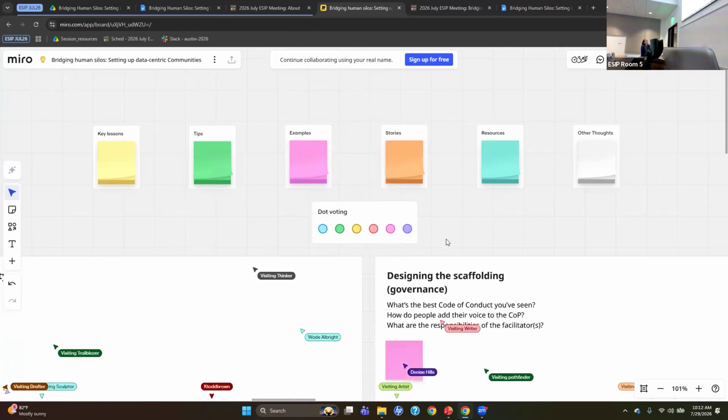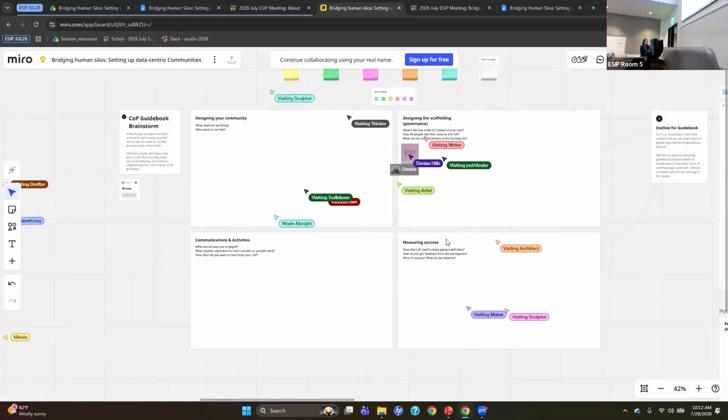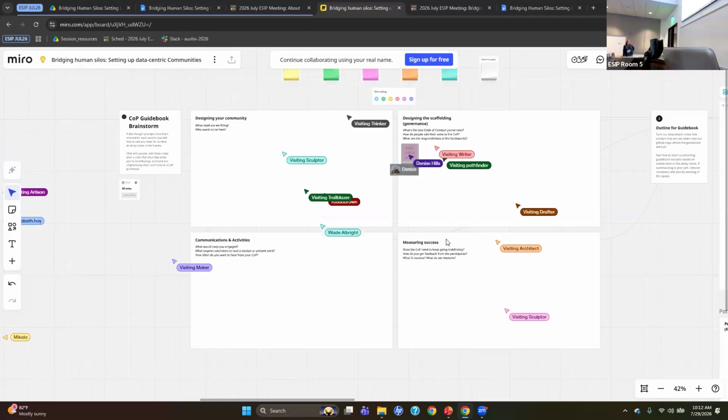But what we would like people to do here is we kind of built 4 quadrants in thinking about large overarching themes of what the guidebook might be. And so we have designing your community. What is its purpose? We have a couple of prompts underneath, but whatever you want to try to address or things that you think ought to be in the guidebook that help. So there's designing who your people are and how do you reach them, those kind of ideas.